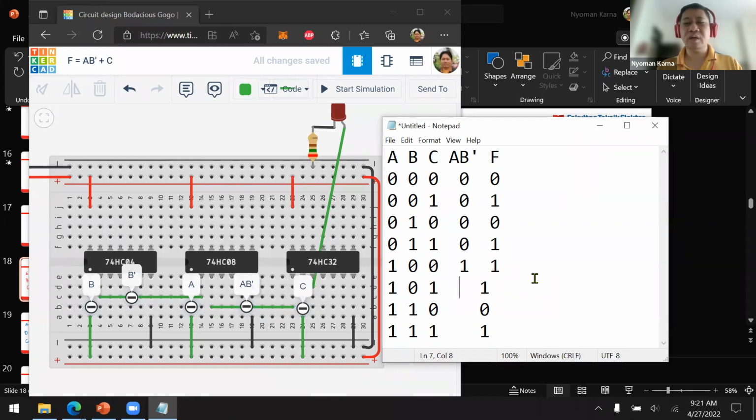Then 1 times 1 is 1. 1 times 0 is 0. 1 times 0 is 0.